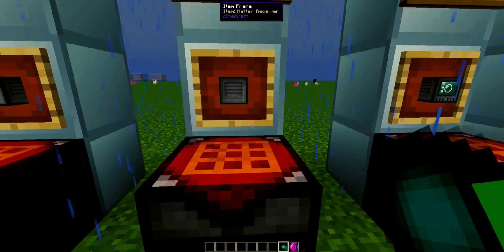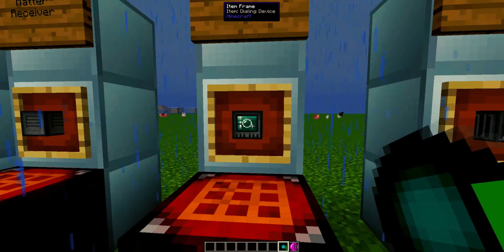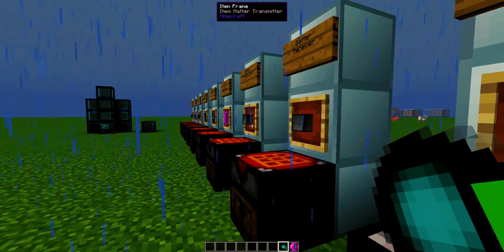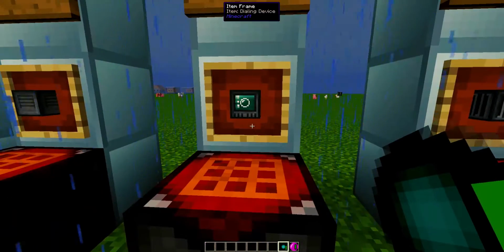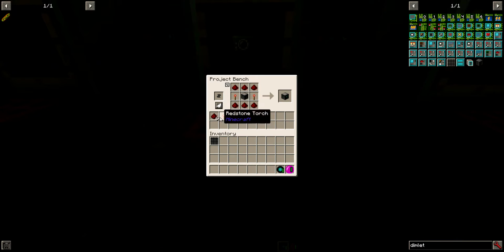And the second to last piece that we're going to talk about today is going to be this dialing device. Now this dialing device is fairly straightforward. It's what dials your transmitter to go to another dimension. Once you've built that dimension, it's going to show up in a nice little list, and I'll actually show you what that looks like in just a second here. But in order to build your dialing device, you're going to have to get 6 redstone, 2 redstone torches, and